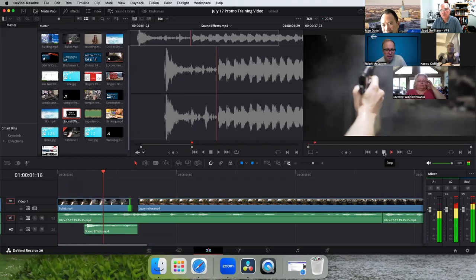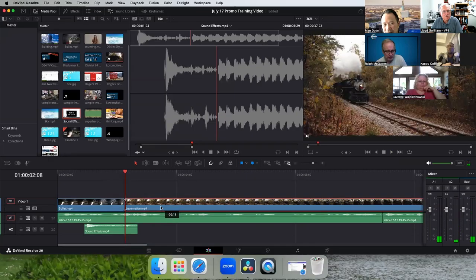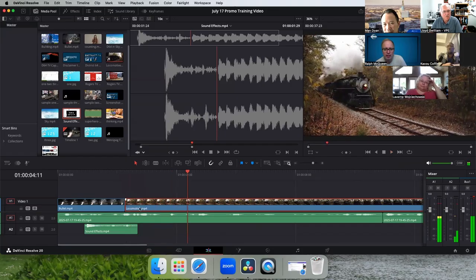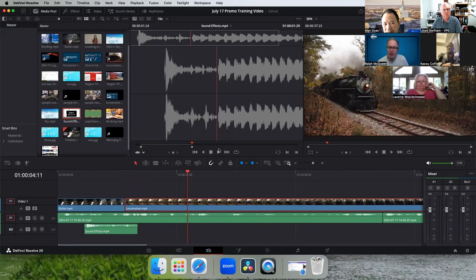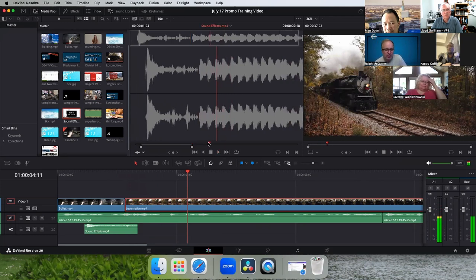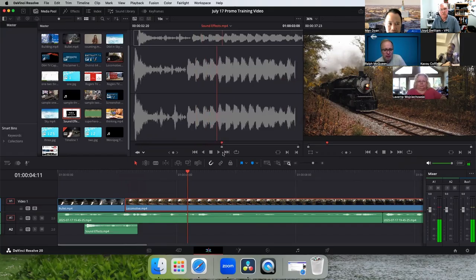Now he's starting to talk about my locomotive here. More powerful than a locomotive. So we need the locomotive sound effect. That kind of works, eh? So the locomotive is loud about here, in,